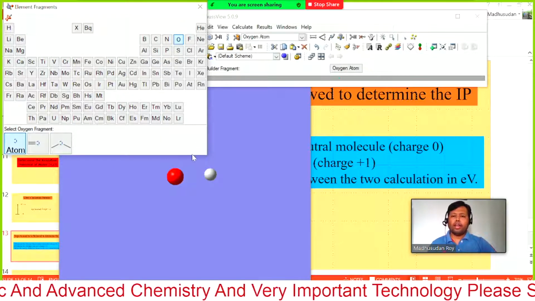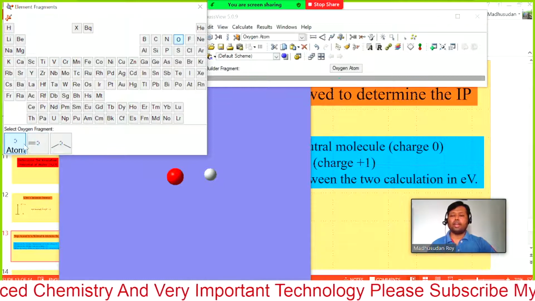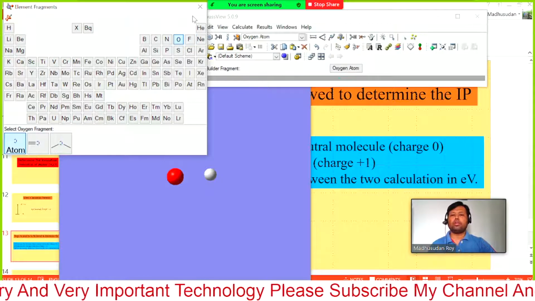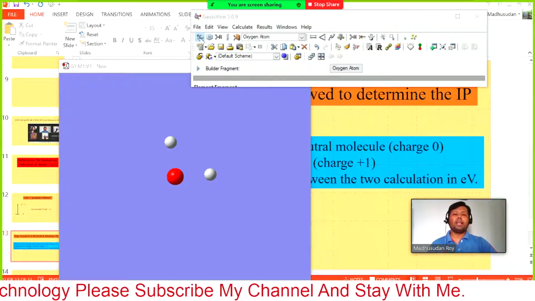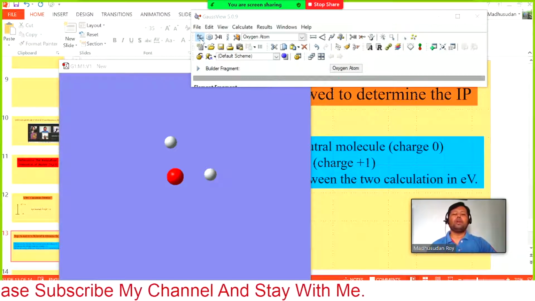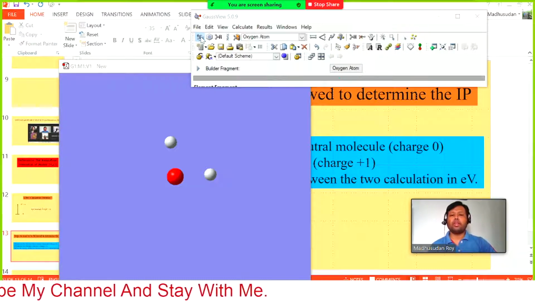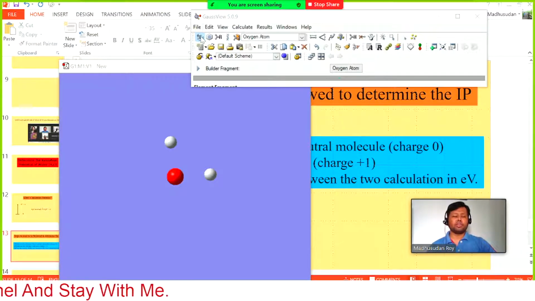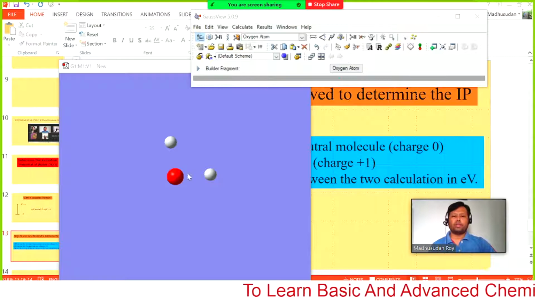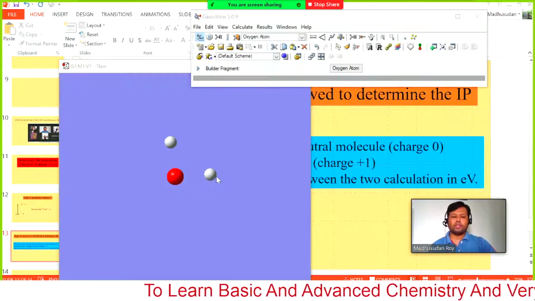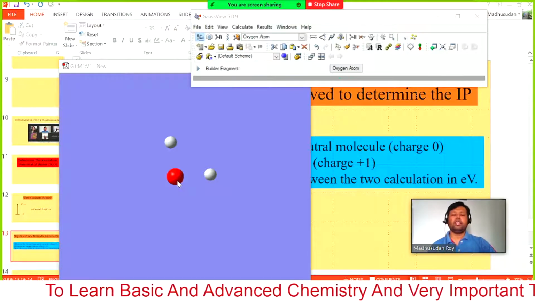So we have drawn the oxygen atom, and then we have put two hydrogen atoms on the other sides. Normally we know the bond length. How much is the bond length of the water molecule? Do any of you have an idea? What would be the bond length between oxygen and hydrogen? And what type of bond? Should it be a single bond, double bond, multiple, or any other bond? Okay, single bond.